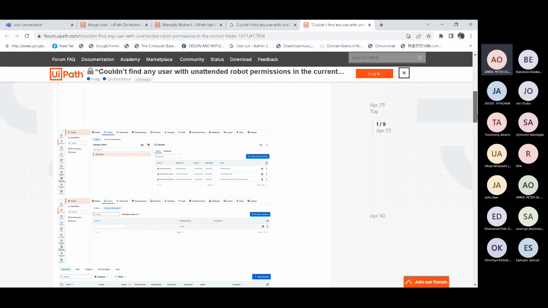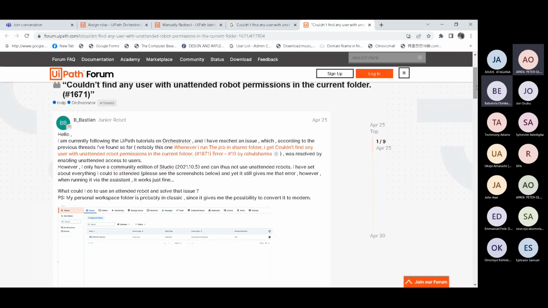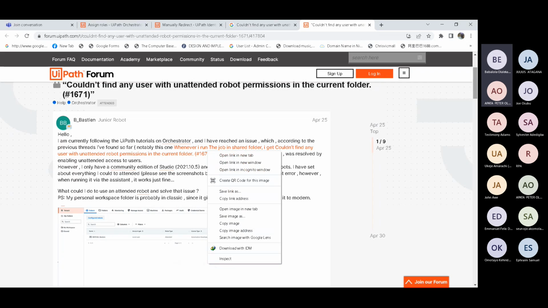The text seems very small. I think somebody is asking a question regarding that, but I can hardly read the text. He said, I am currently following the UiPath tutorial on Orchestrator, and I have reached an issue, which according to the previous trend I have found so far, notably this one. Whenever I run the job in the shared folder, I get...